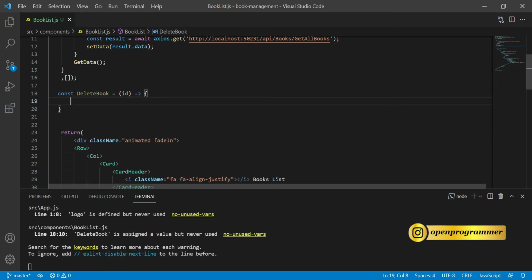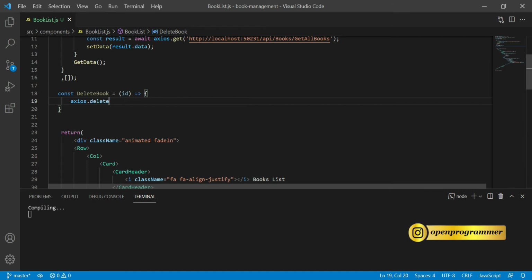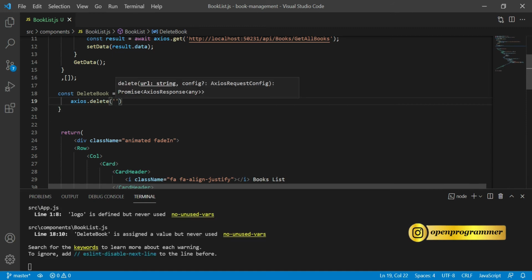Inside this we will use axios dot delete method, and here we need to pass the URL. Let's use backticks because this is a feature of ES6.